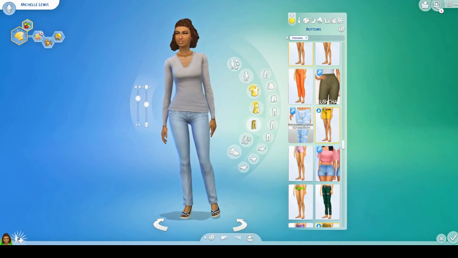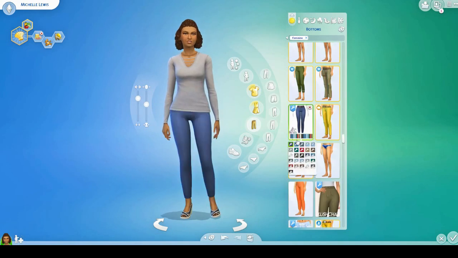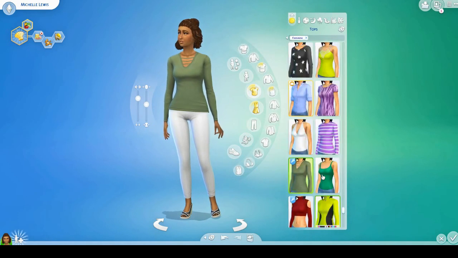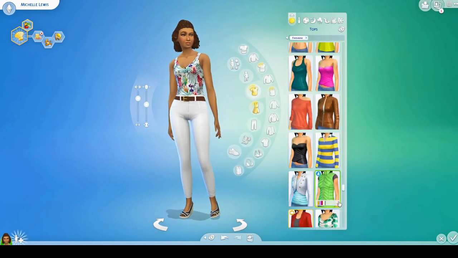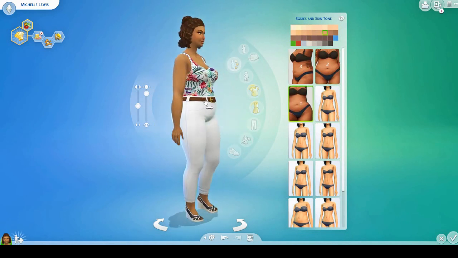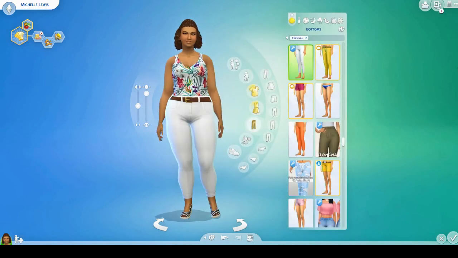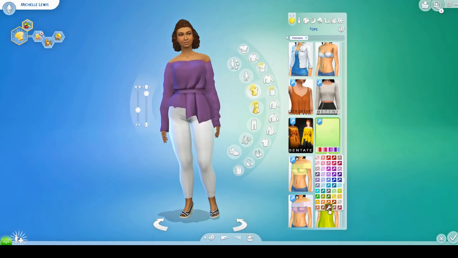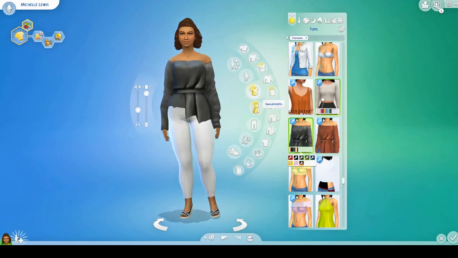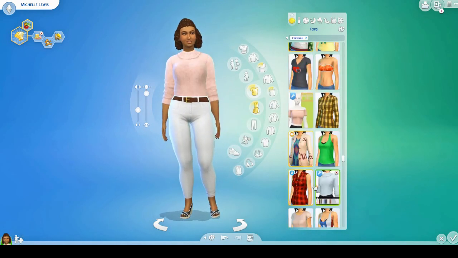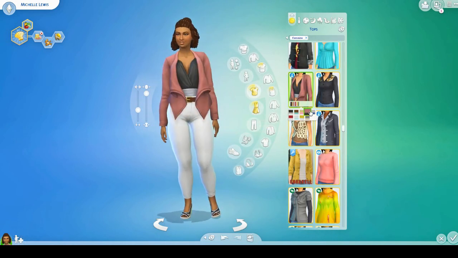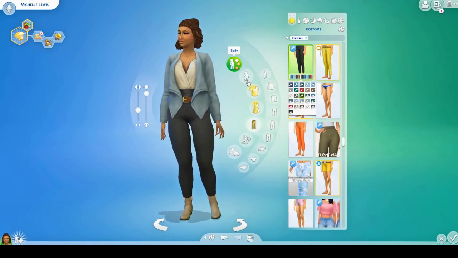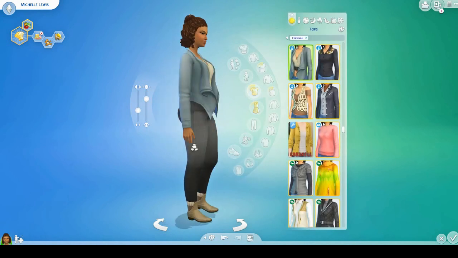So in the past I have been avoiding custom content, but I've kind of decided that I don't really care, and I'm just gonna start using it because I spend so much time downloading custom content. I want to be able to use it in my Create-a-Sims, and I don't want to have to limit myself. So if I ever do release my save file, I'll probably just go in and get rid of all the custom content, or I won't include the Sims, I'll just do the builds. I'm not exactly sure, but all I know is I want to use custom content when I do these because I feel like I'm too limited and I don't get a chance to use the stuff that I want to use. So yeah, there is going to be custom content in my Create-a-Sims going forward.